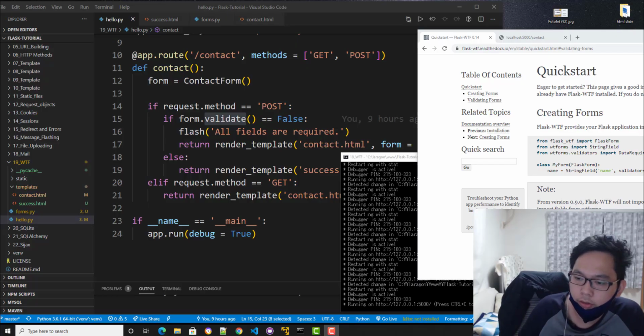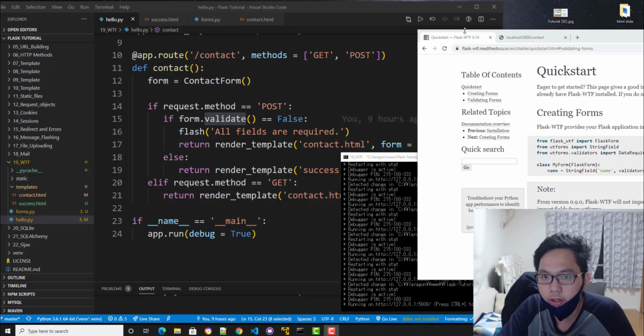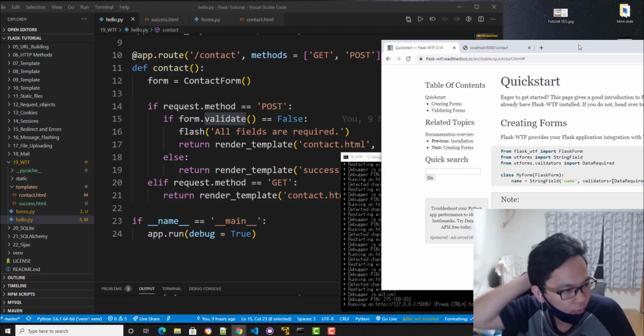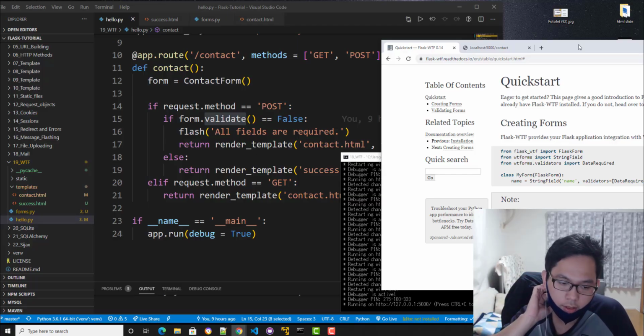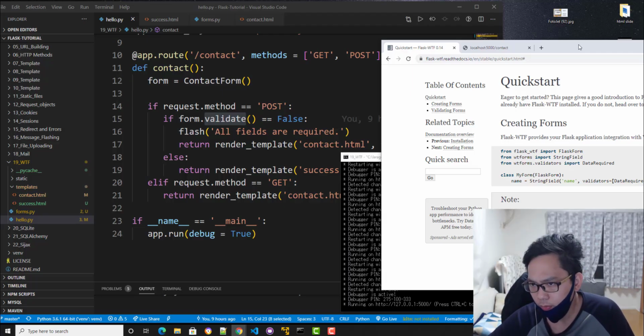Okay, so we're back on the next tutorial. We're going to talk about this package called WTF, and this is the continuation of my extensions for Flask. If you already know PHP, if you want to make a form, you can do that from scratch. But on Flask, you don't want to recreate the same wheel over and over again.